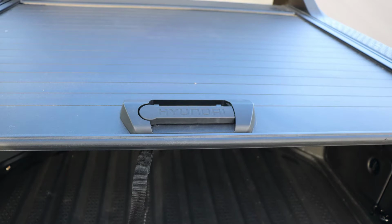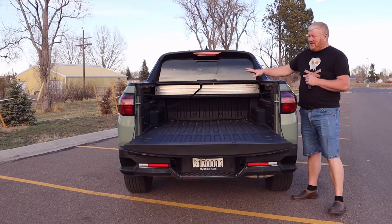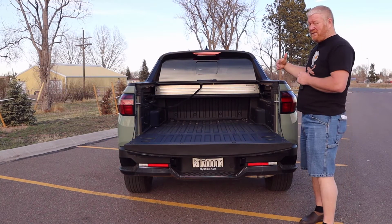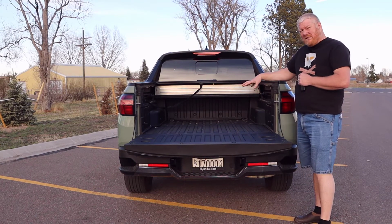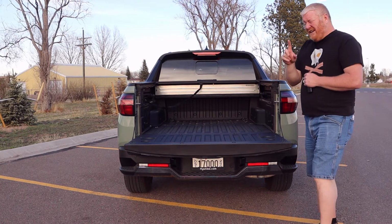But that is a good thing to have if you need some sort of cover, which I would recommend for a bed this small, because most of the time you're going to be putting smaller things. Speaking of which,